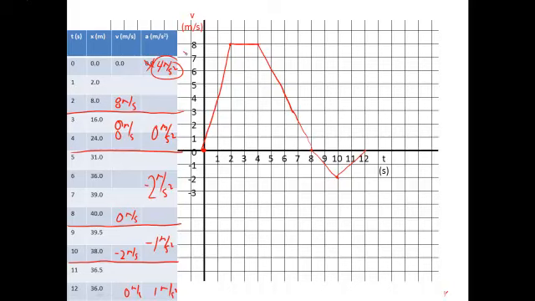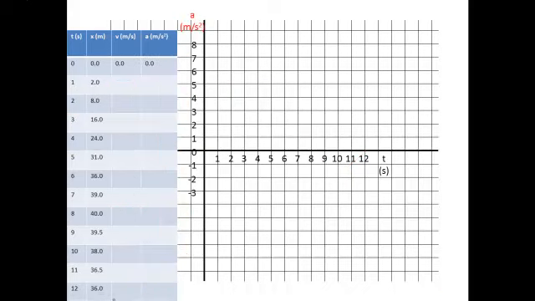Now, using these values for the acceleration, let's graph the acceleration. We found out that our acceleration should look like this. For the first 2 seconds, we should have a constant 4 meters per second squared of acceleration. Then from 2 to 4 seconds, there's no acceleration, because remember, it was a constant velocity. Then from 4 to 8, we had a value of negative 2 meters per second squared, which will go right